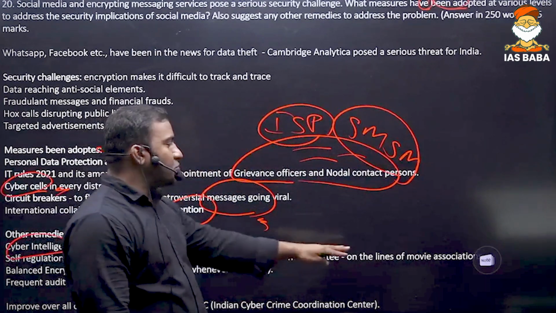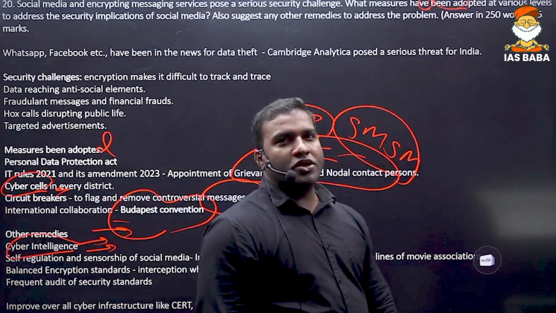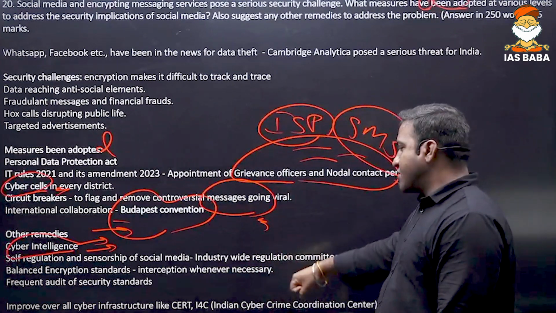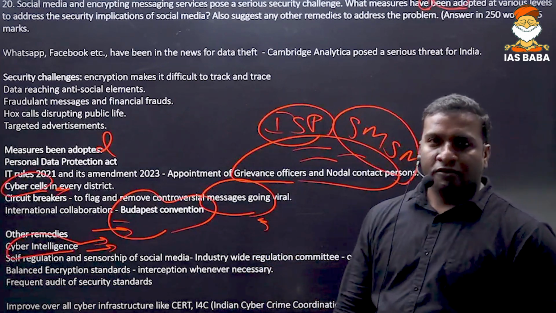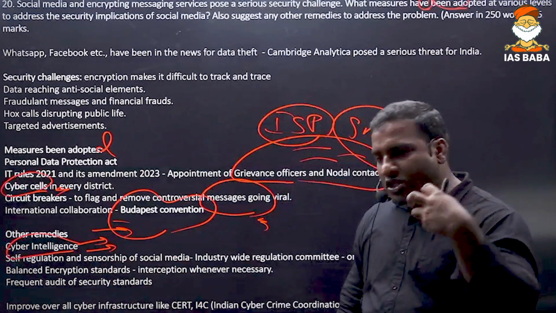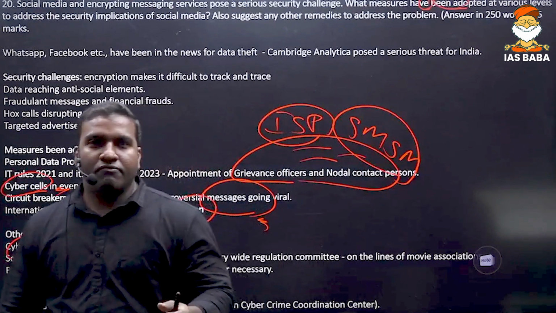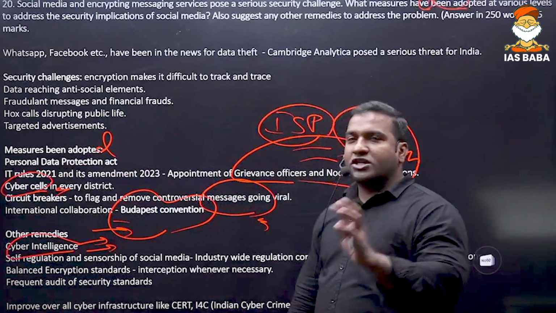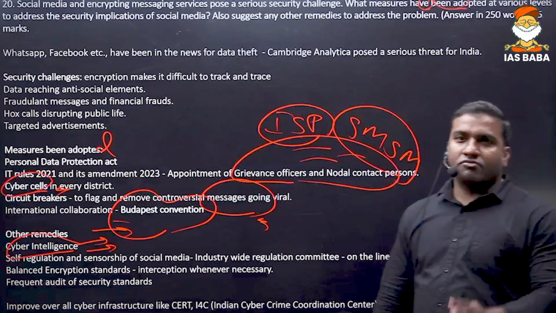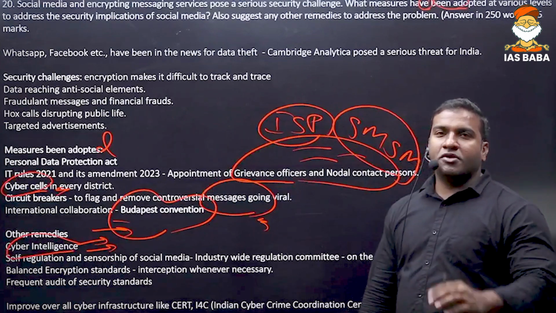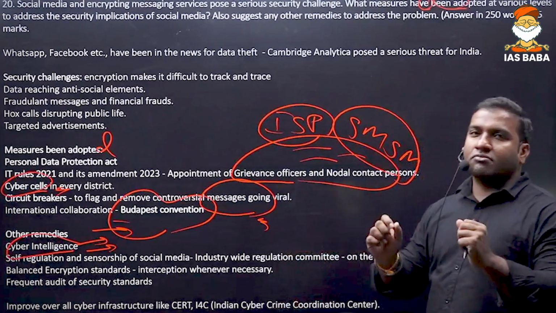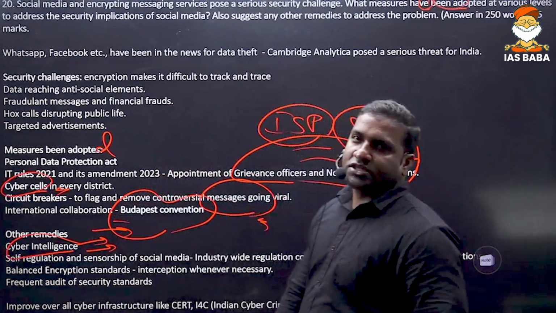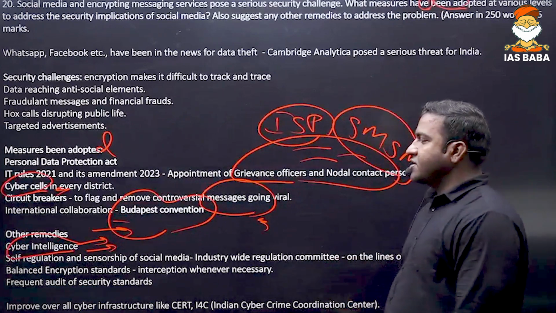Friends, on the lines of your movie association like MAMI, Movie Association of Mumbai Industry, I don't know the proper full form of that, but like MAMI, an industry-wide regulation committee is needed, so that if any one social media service provider is breaching the rules, let the community itself force them to comply. It is not the government's duty; let the committee, the domain itself, force them to comply. So if someone comes with any controversial movie, MAMI forces them. If any star comes up with any controversial message, MAMI imposes sanctions. Likewise, self-regulation is needed. Then balanced